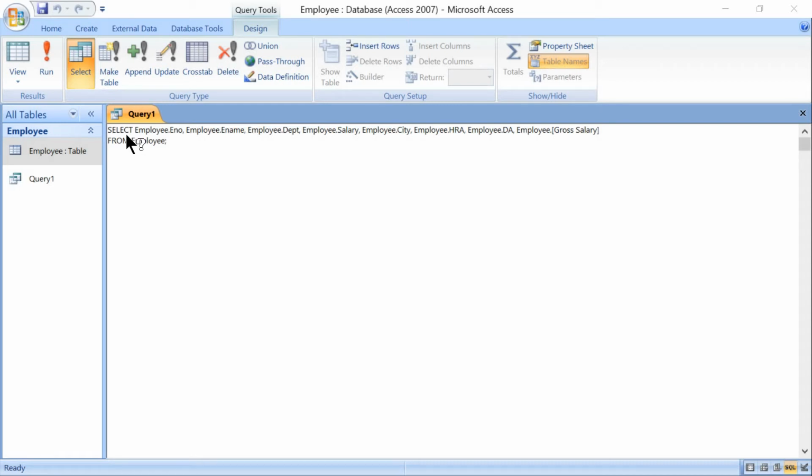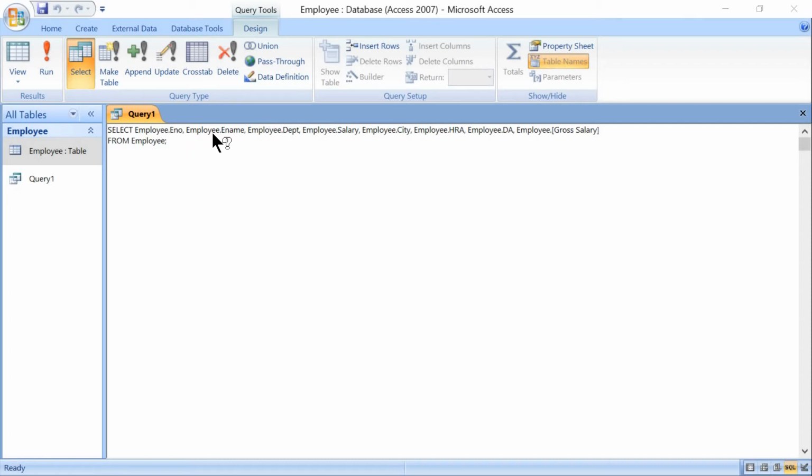This select command is one of the most commonly used in case of DML, that is data manipulation language. After select, we can see the table name, dot, to fetch the particular field. Here they are using dot, then the field name, that is employee number, and all the column headings are separated using the comma operator.